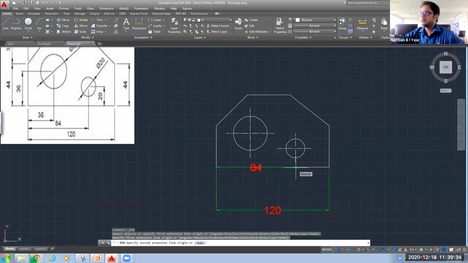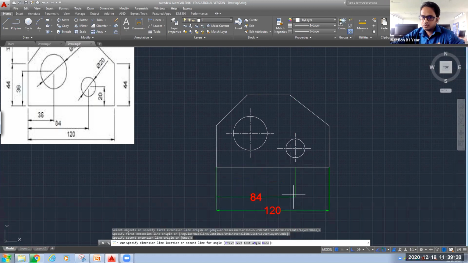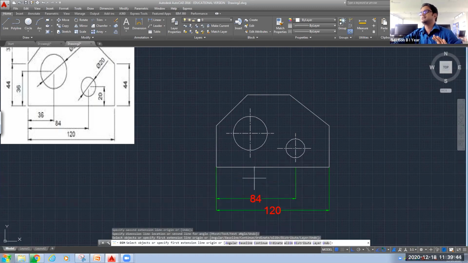Now you can click at that point, and now you can specify the location where you want to place this text, 84. So I want to place this 84 at this location. So second click I have made. So this is how we can give the dimension for the point which is not available. Again, for this point also, see, we don't have the projection.